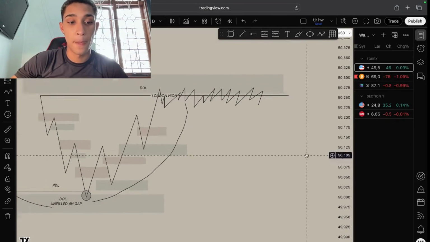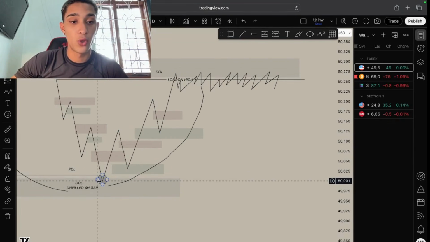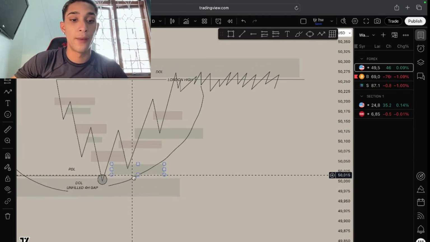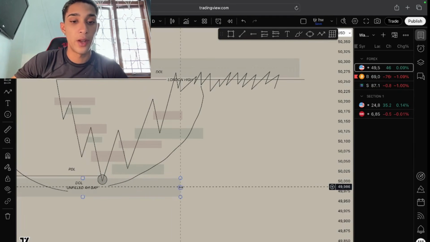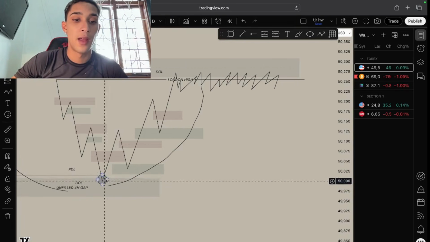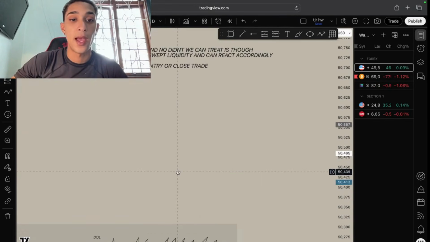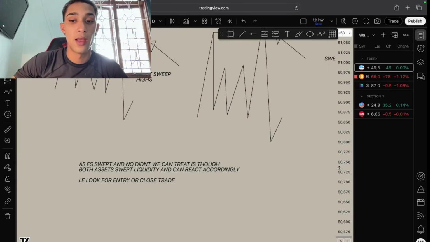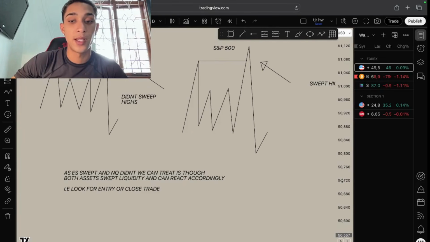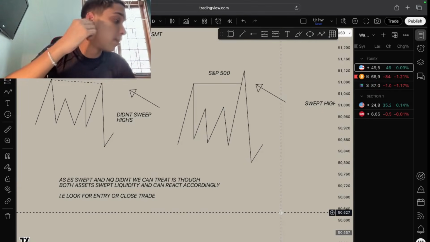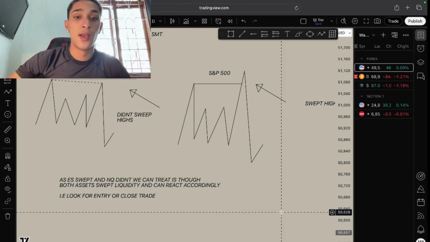Just one more time. Here, this would have been your rejection off of the higher time frame PDRA, right? Higher time frame PDRA was the 4-hour fair value gap. That was our rejection off of it. Not this, sorry, but this move here would have been our rejection off of it, okay? And just for you guys, because Blake does mention the SMT, very, very simple concept, and this is something you're going to combine with this, which is that,